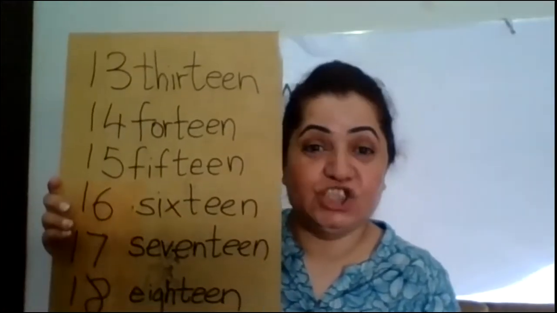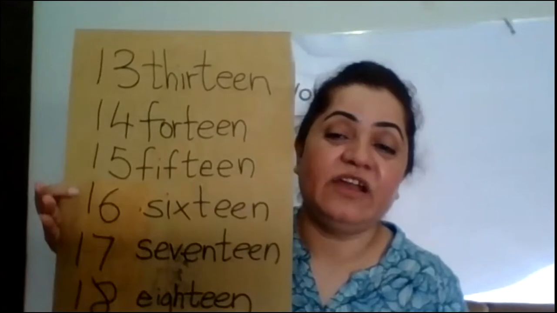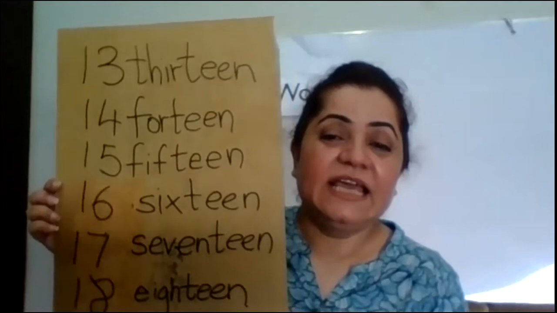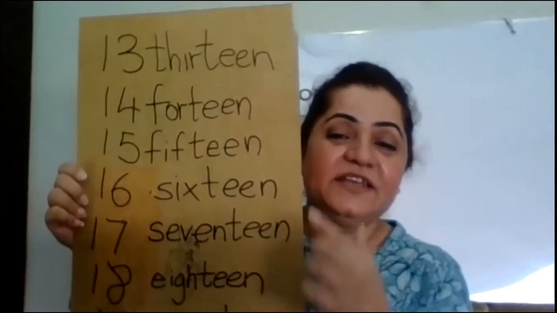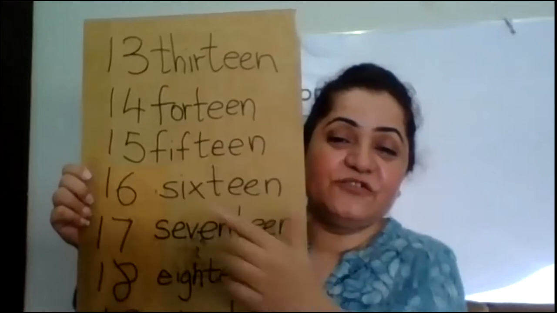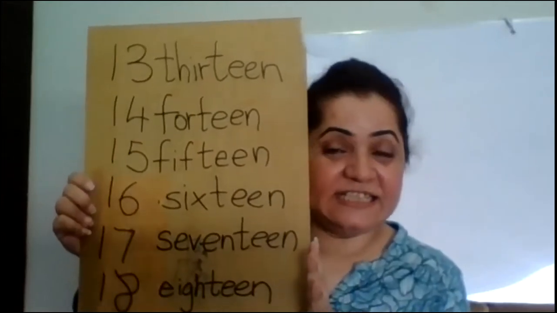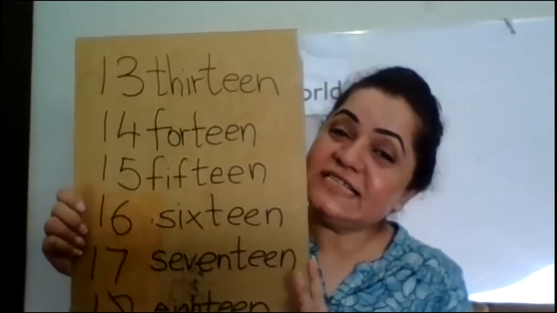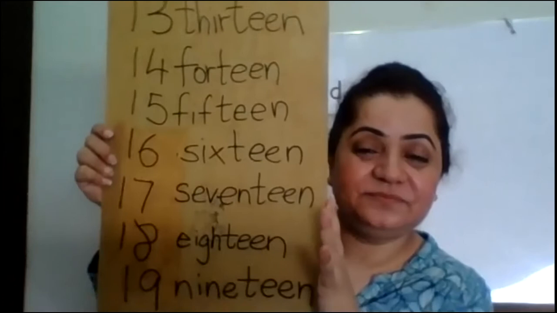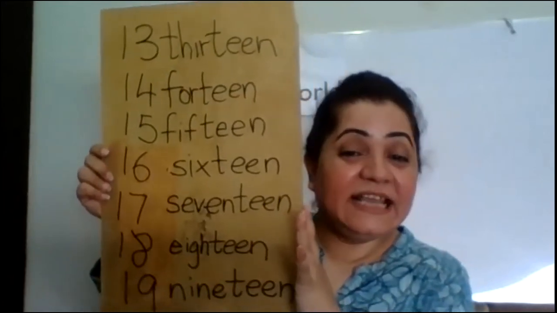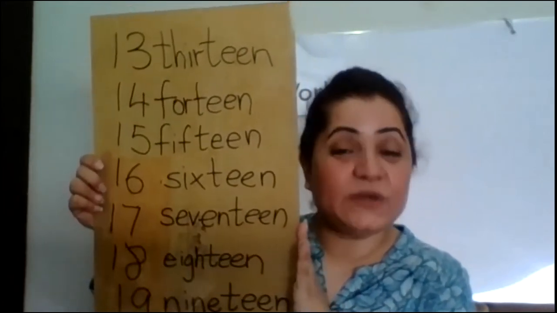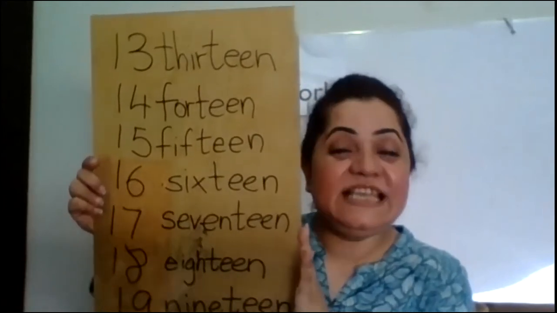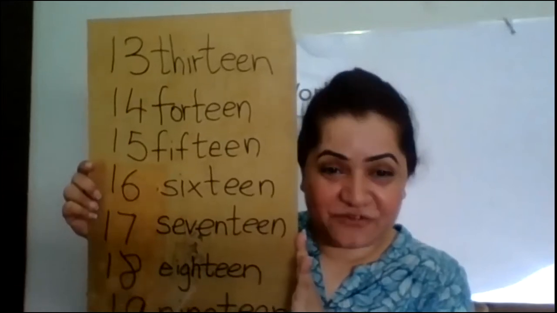Yes, okay. So if we read the numbers 13, 14, 15, 16, 17, 18, and 19, there is also one thing which is repeating, as here number 1 is repeating and the next is changing, right? In the same way, here the first word is changing and the next is the same. And what is that? Can you find it? They are teen numbers. Yes, they're teen numbers. So there is teen in every word.